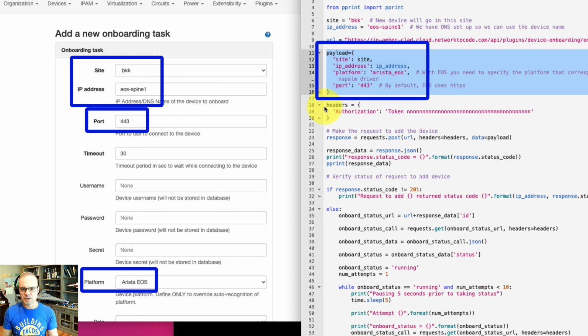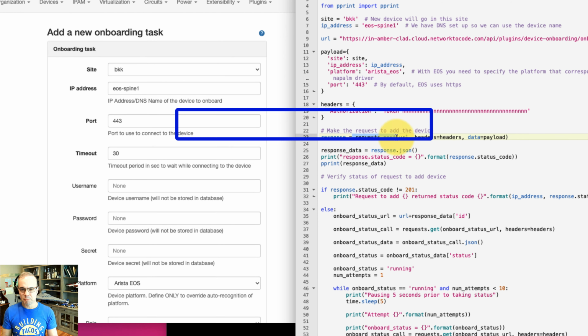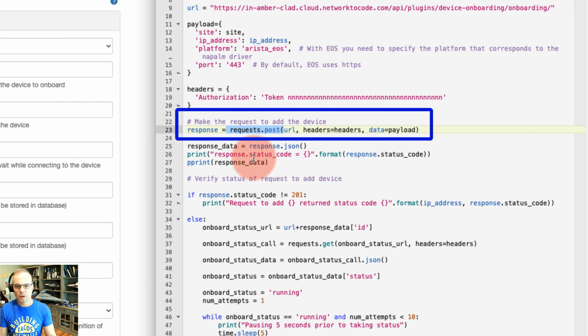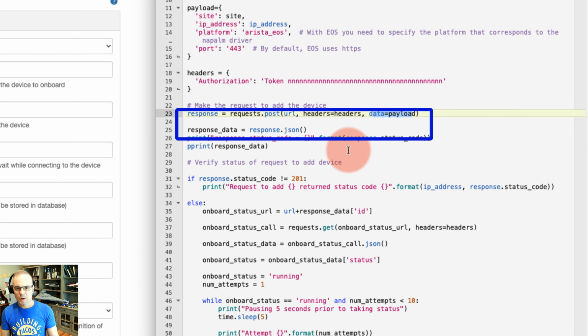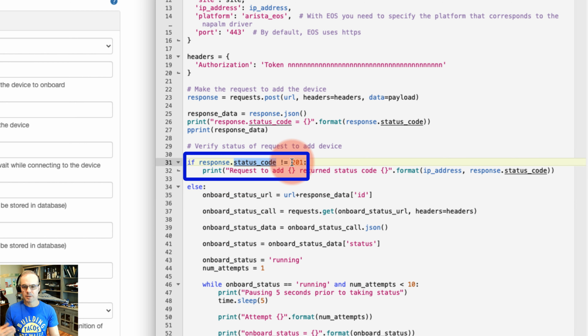The headers, we're going to use an authentication header. We're going to go ahead and specify that here. Here is where we're going to make the post using the headers and payload. We're going to go ahead and parse some of that response. We are going to then parse this response to make sure we get a good status code to make sure we had a good post. And then once we know we have that, we're going to